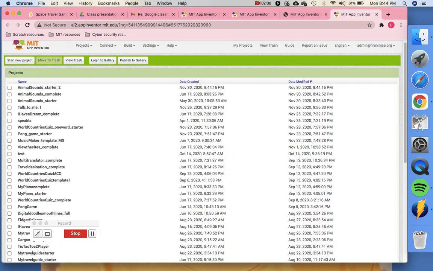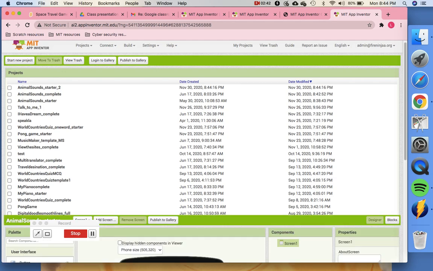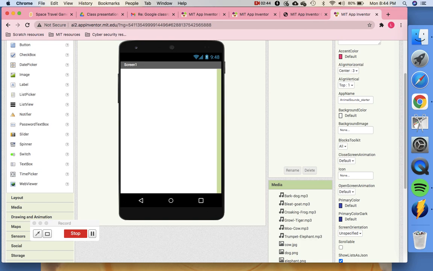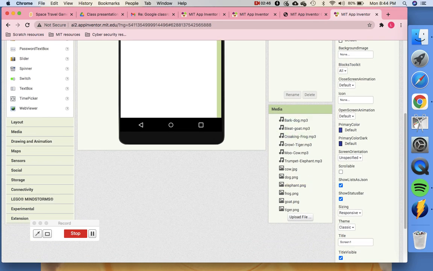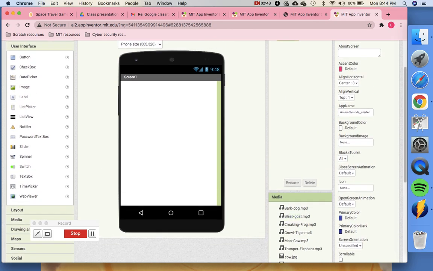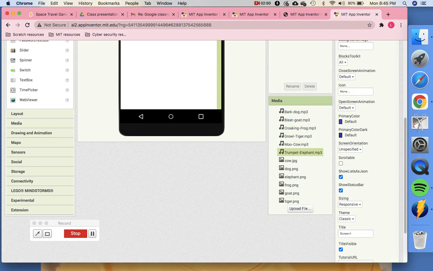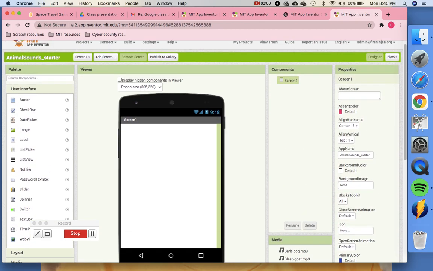And once loaded, you're going to see a blank project like this, but if you come in the media, in the startup project, you will find 6 mp3 files which are the sound files, and 6 picture files. 6 pictures and 6 sounds is what you're going to find in the project.